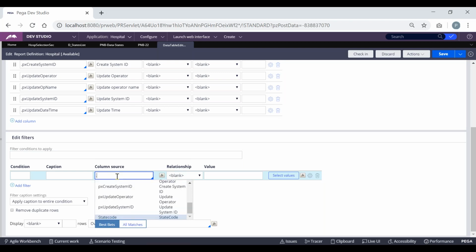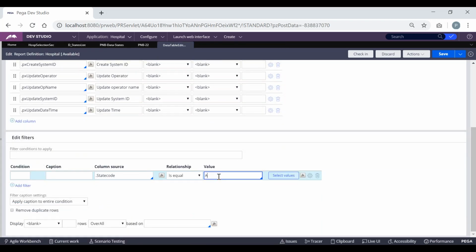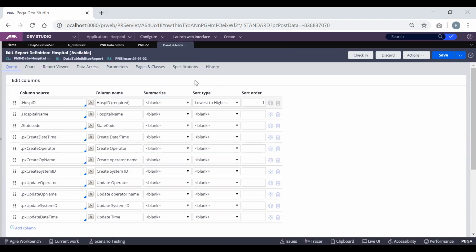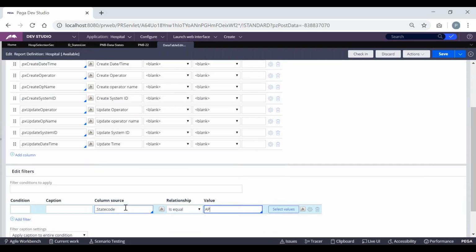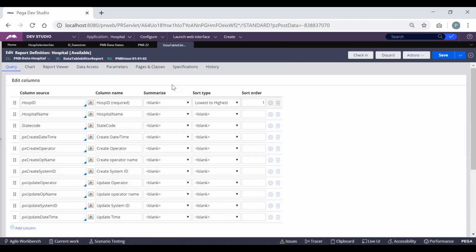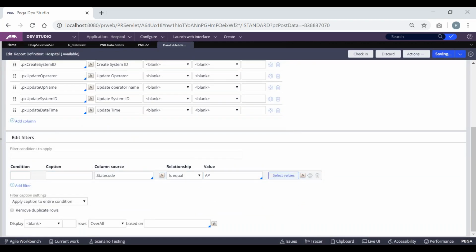If I want to apply some condition like state code, and the state code value is something like AP, then if I run this, it will be selecting all the records first, and based on the records it is fetching, it will apply the condition again. So out of all the records, it will be fetching the records whose state code is AP. Then it will be filtering out the results. So I think we should be getting 5 or 6 results based on the input we provide. So this is the condition.